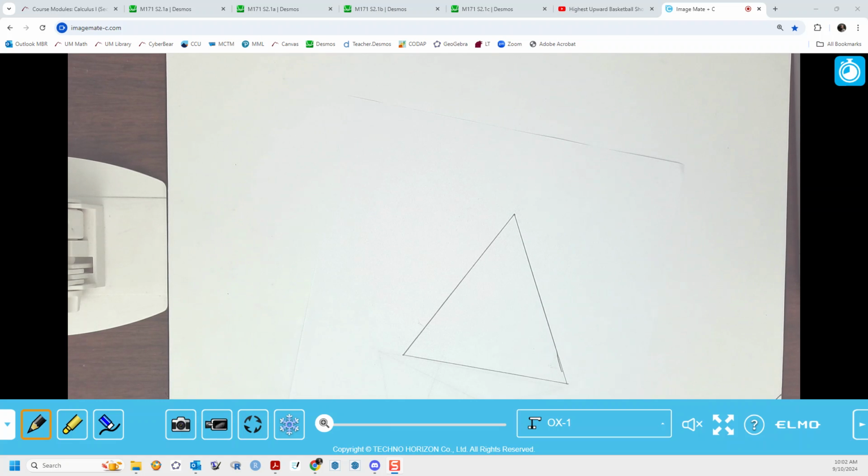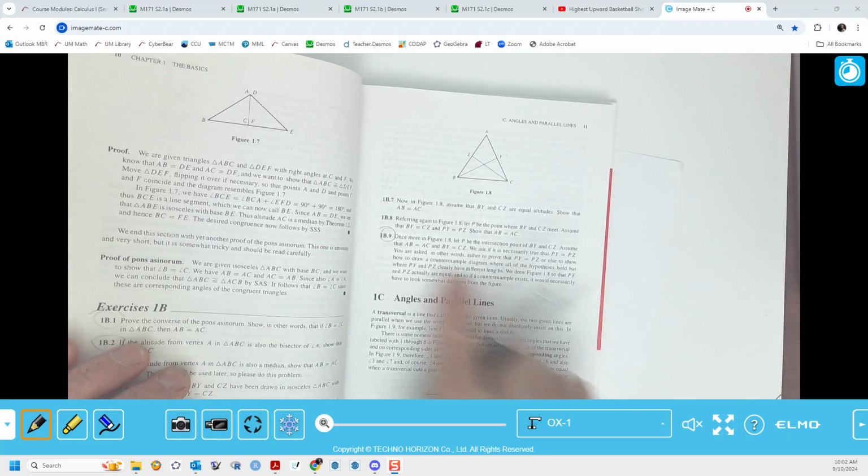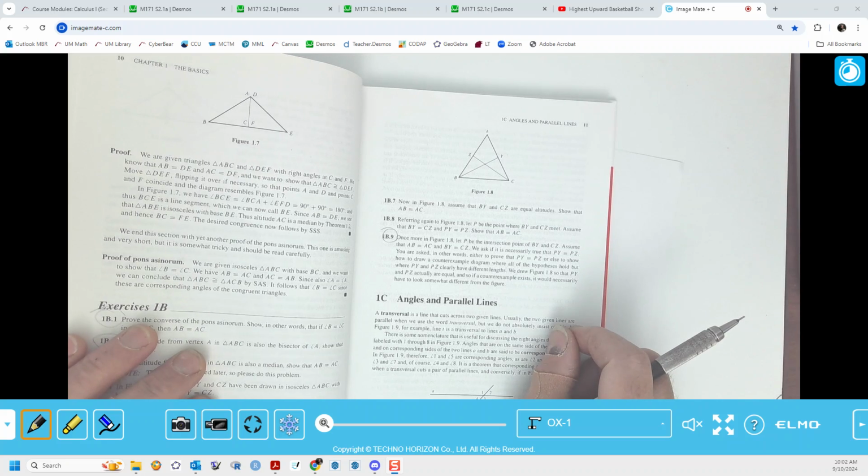There were some questions on problem 1B.9, so I thought I'd make a short video. Here's the statement. It says, once more in figure 1.8, this one, let P be the intersection of lines BY